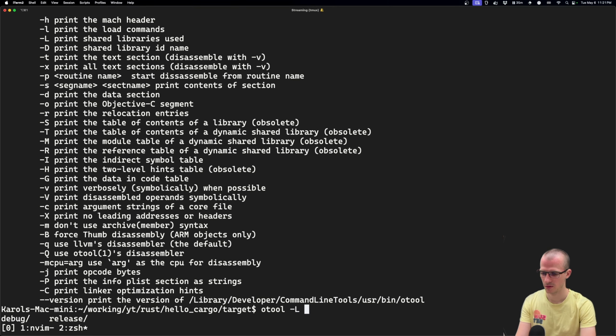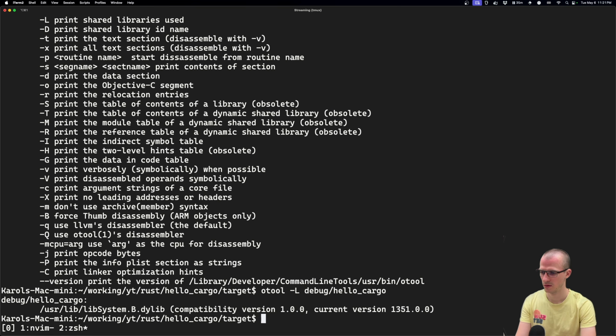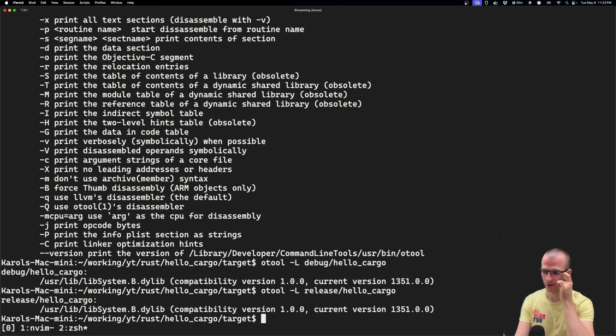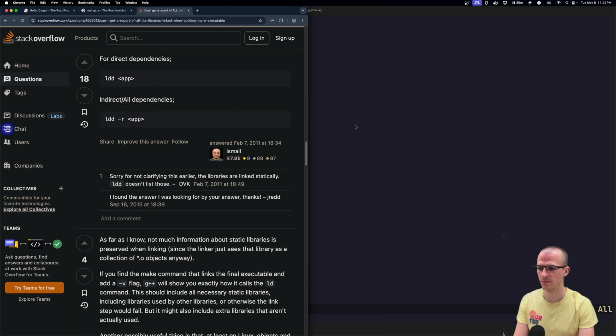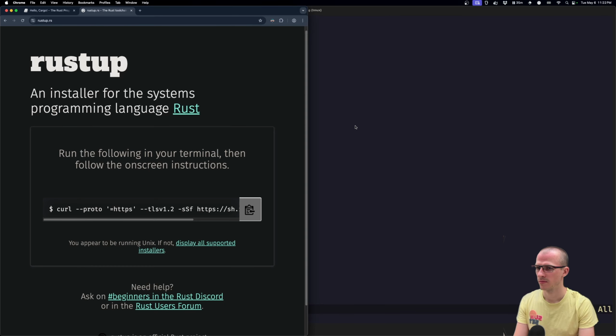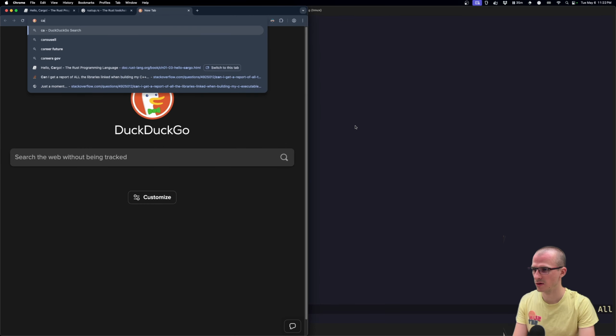Debug hello_cargo, release. Okay, so I was kind of hoping to see what libraries we are linking, but apparently not much. Okay, also I need to install